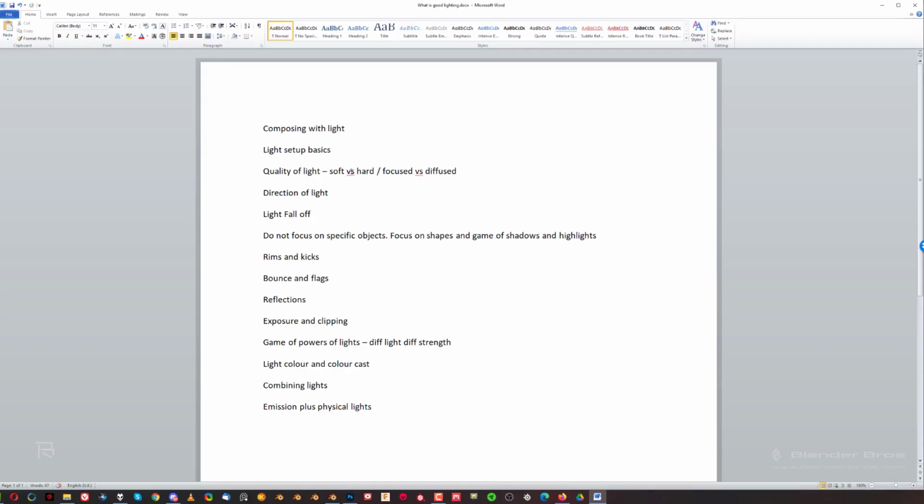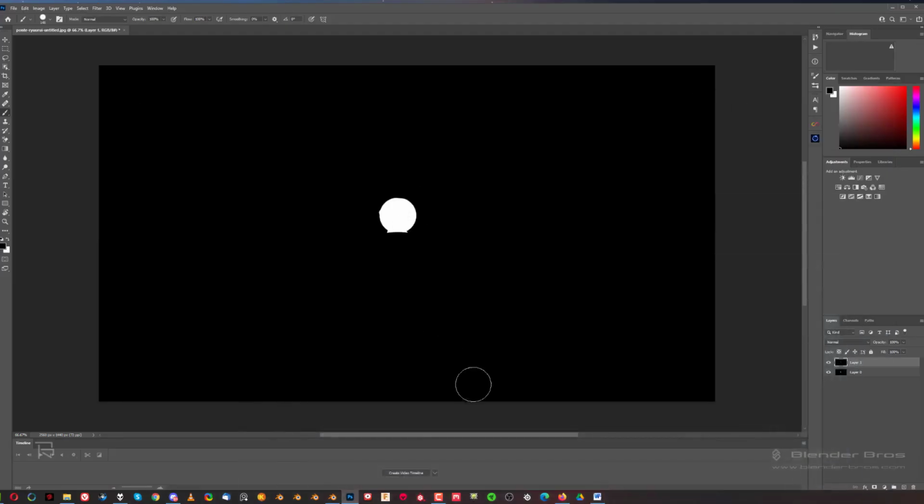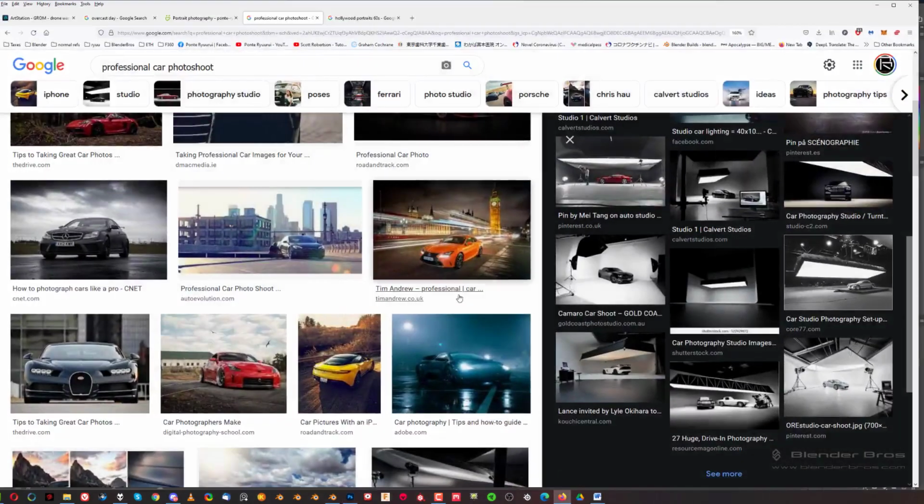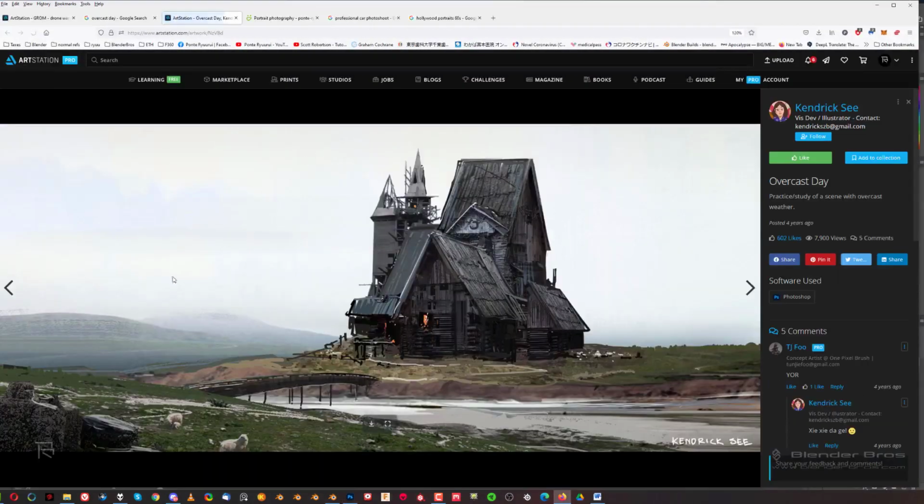So now let's talk about quality of light. We've got soft and hard, focused and diffused, all right? Soft lighting is what you get on an overcast day. An overcast day has very, very bland lighting, okay? It's actually painting, but you know what I mean. It's a very, very bland light, and it's a great light for portraits and, for example, for this kind of